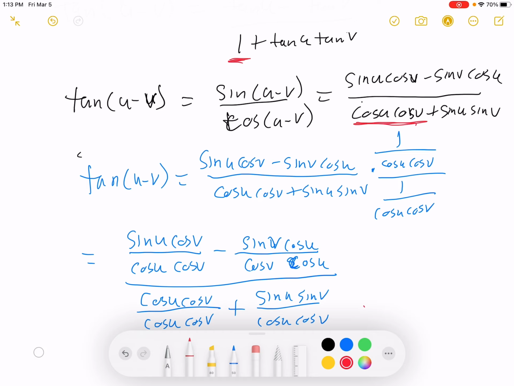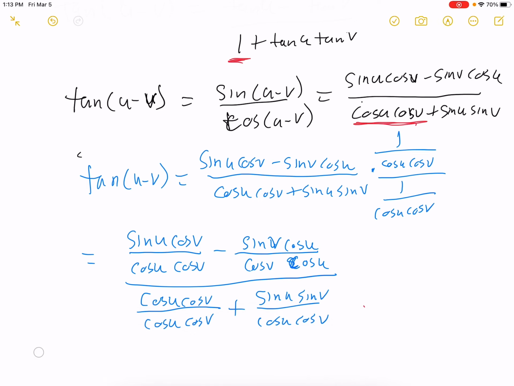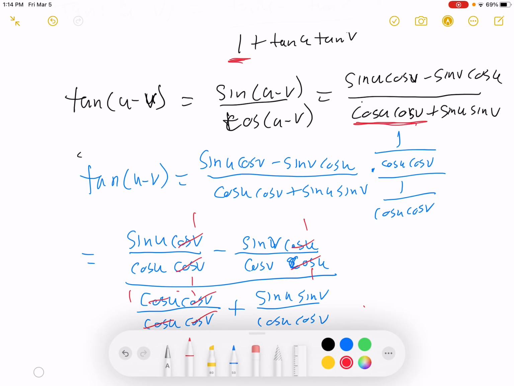So if I were to start dividing things out, I would have the cosine v is going to go away there. Over here, the cosine u's are going to go away. Over here, cosine u divides out, and cosine v divides out. So really, we just have 1 times 1 over 1 times 1. And then the last part, we just have sine over cosine, sine over cosine. So this will lead us to have